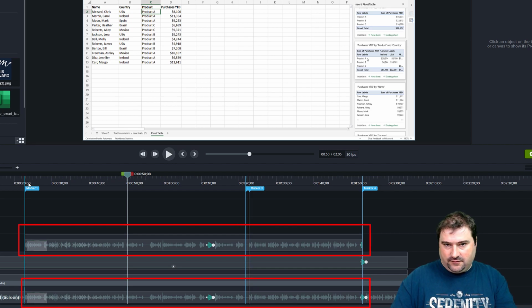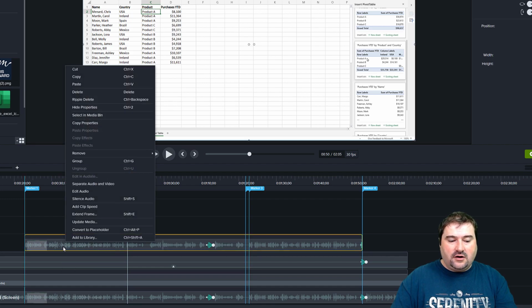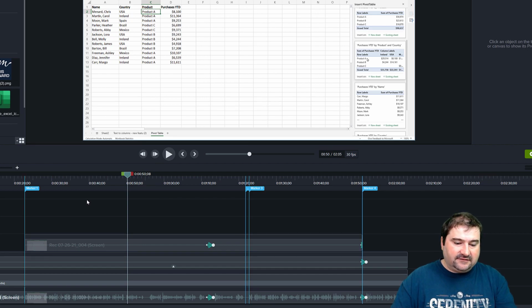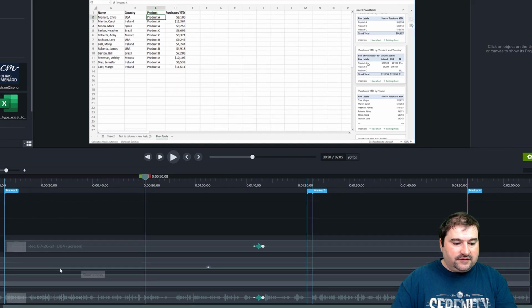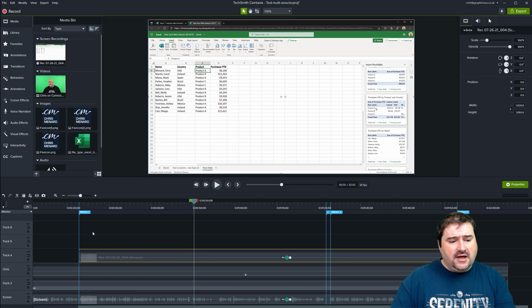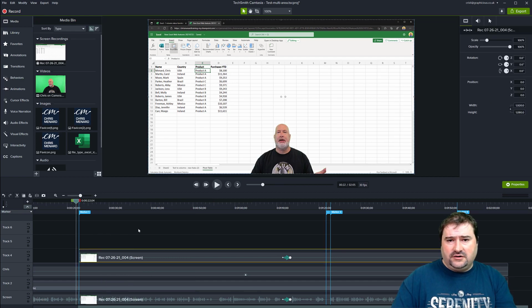So right click on the copy of your clip like this and say Silence Audio, or you can press Shift and S. So now we are ready to proceed. If I zoom in a little more here, you can see that on the bottom is my original video screen, and this one is the copy of the screen. And if I play this now, you're going to see that there's no difference at all.